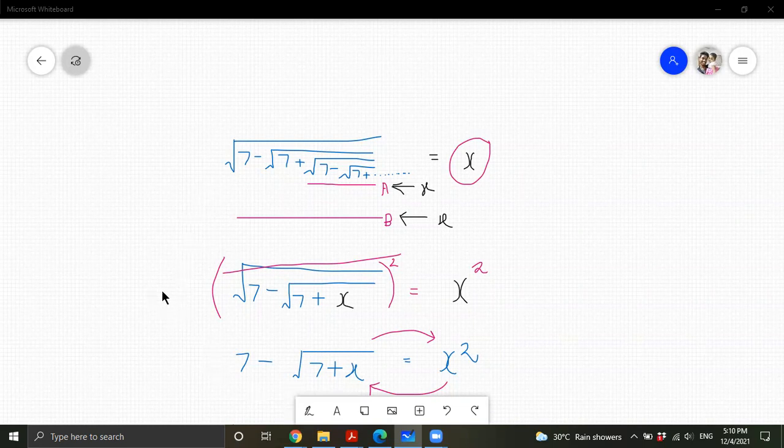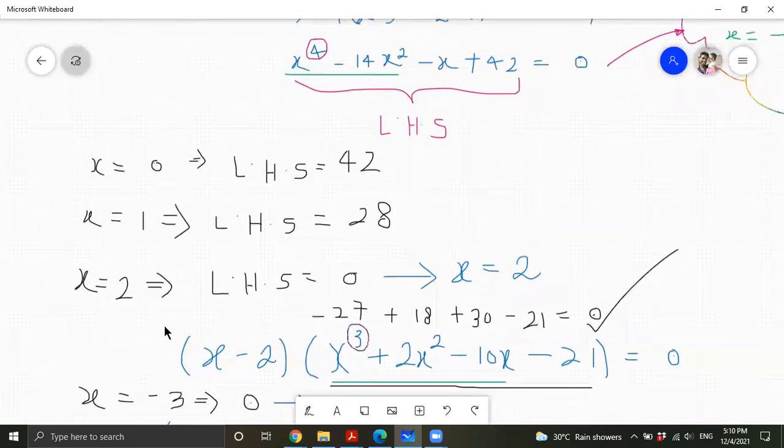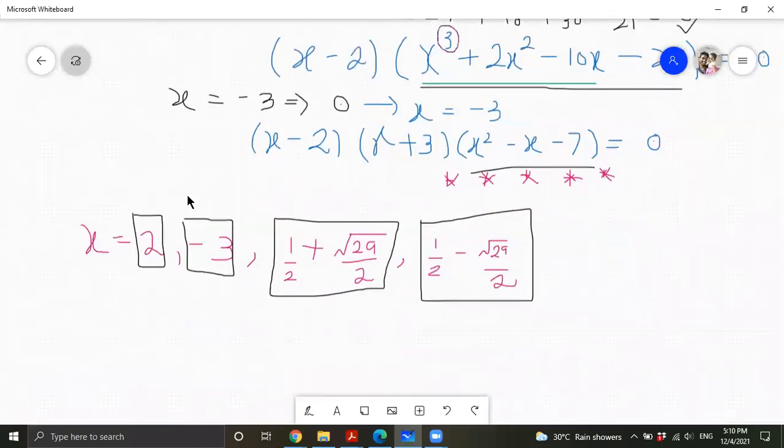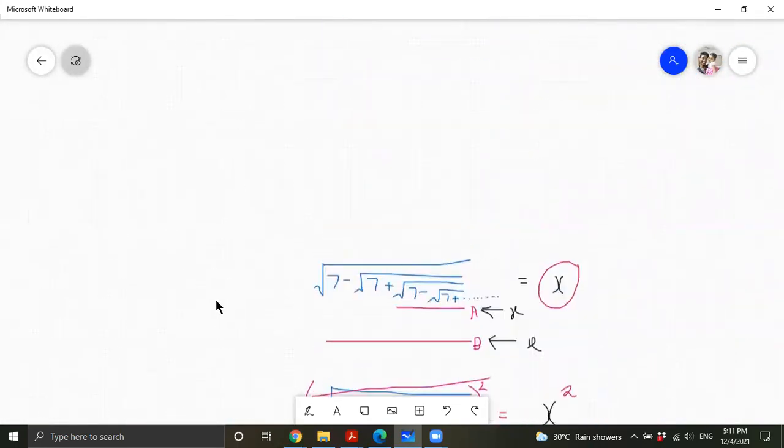Let me explain how to find the exact x value. So we have this sequence and we have 4 x values, right? No problem, guys. We have 4 values. So we'll apply these 4 values onto that equation and we'll find what will be the correct answer. Simple, right? Yeah. So if we apply this x value to this sequence,